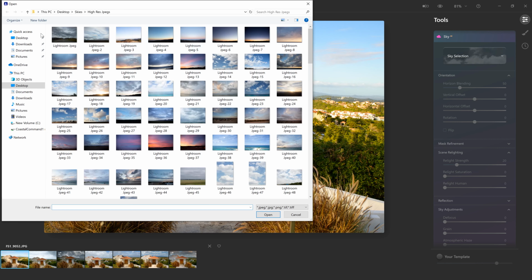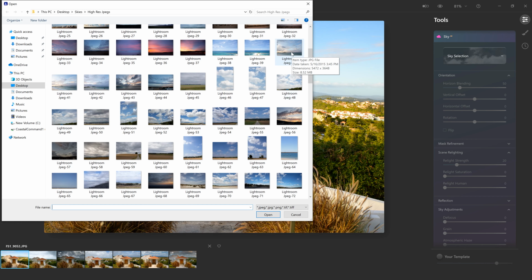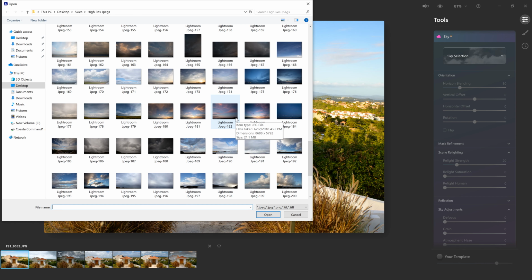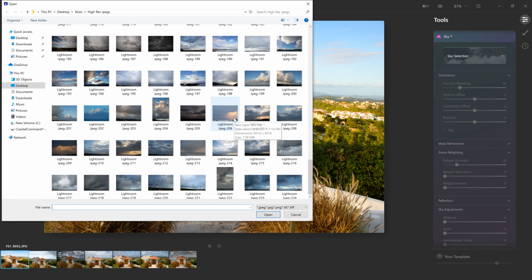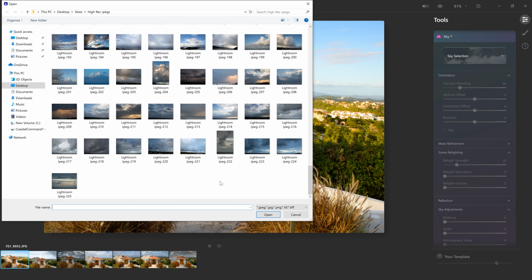I'm going to hit the plus button. I'm going to come back to my sky library, Mike Kelly's sky library, and let's find an image that really looks nice. I like this one here. I'm not so concerned if the sun is setting on the left or the right, because we can use the flip feature to change that. I'm just wanting something that doesn't look too over the top, but still is a better sky than what we